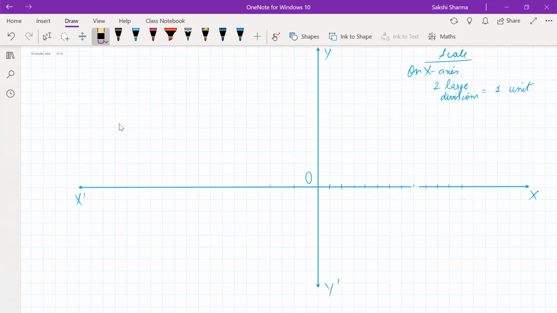So this actually is to be done on the y-axis because the value belongs to the y-axis, the one with the negative value. So I'm going to do that. This will be 2, this will be 3, this will be 4. And on the x-axis, I'm going to simply plot my points.